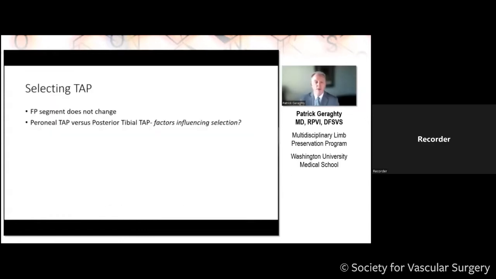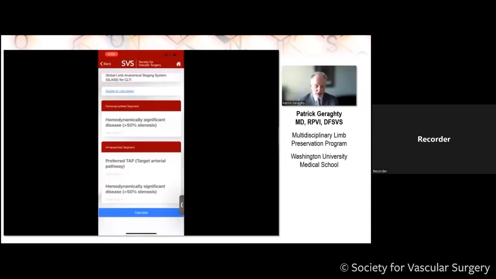At this point, I'm going to open the online calculator and we will discuss how to proceed through the calculation. So on screen here, you will now see my iPhone screen, and we will calculate the initial target arterial path using the peroneal artery outflow. As we click on the femoropopliteal segment,